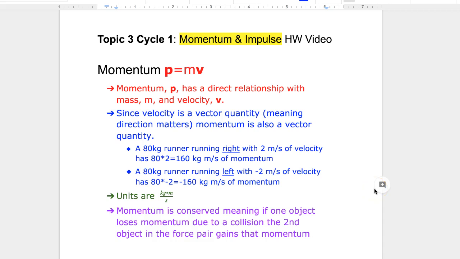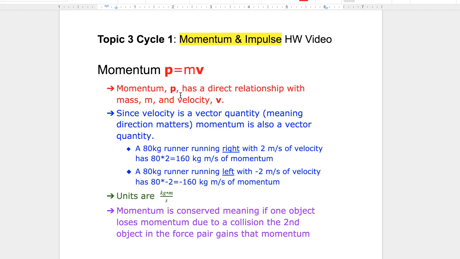This is the Topic 3 Cycle 1 homework video for physics class, and we're focusing on momentum and impulse. Momentum, we're going to use the letter P to stand for momentum because M is already taken for mass. Momentum has a direct relationship with mass, M, and velocity V, meaning as mass goes up, a more massive object